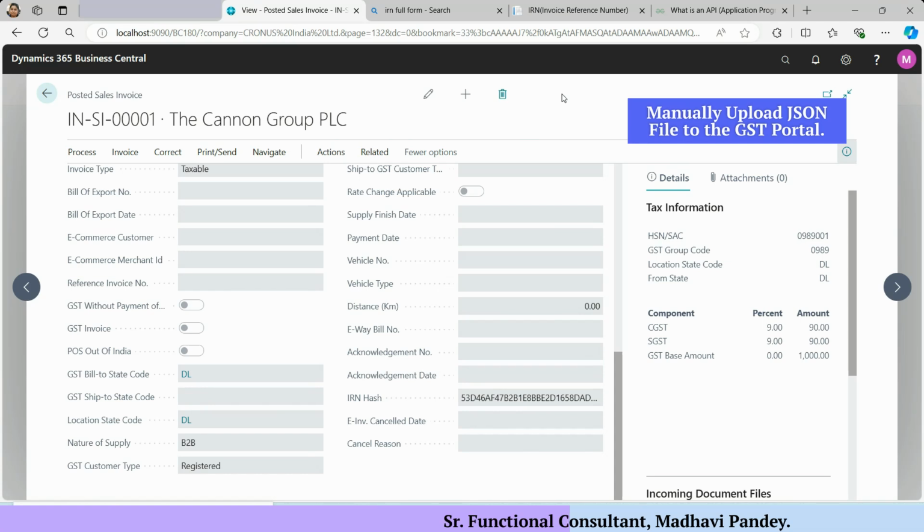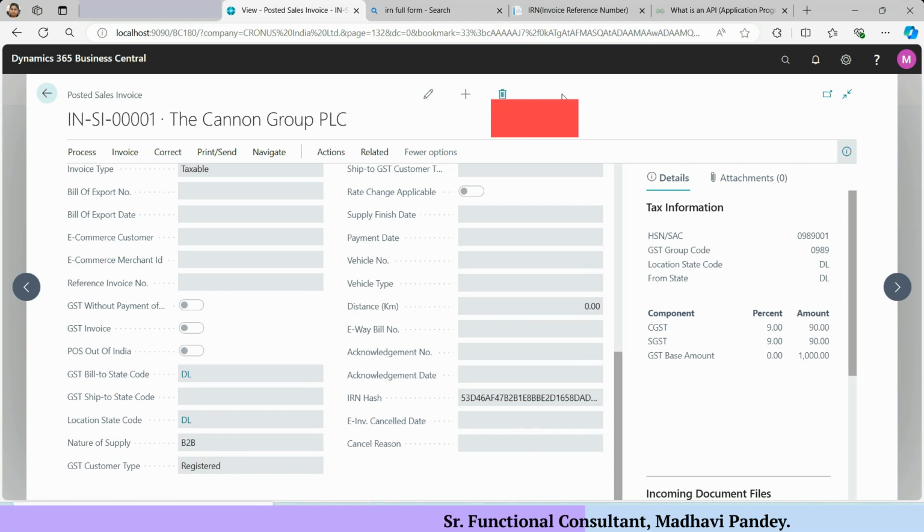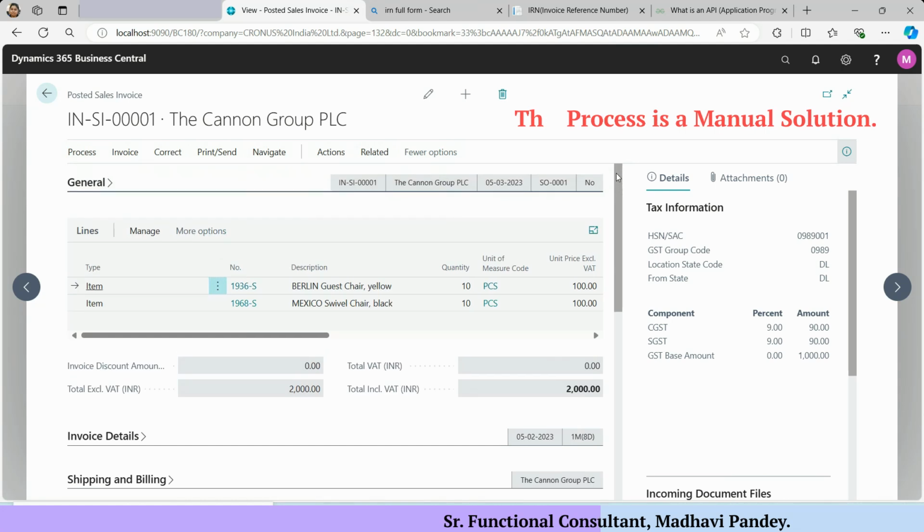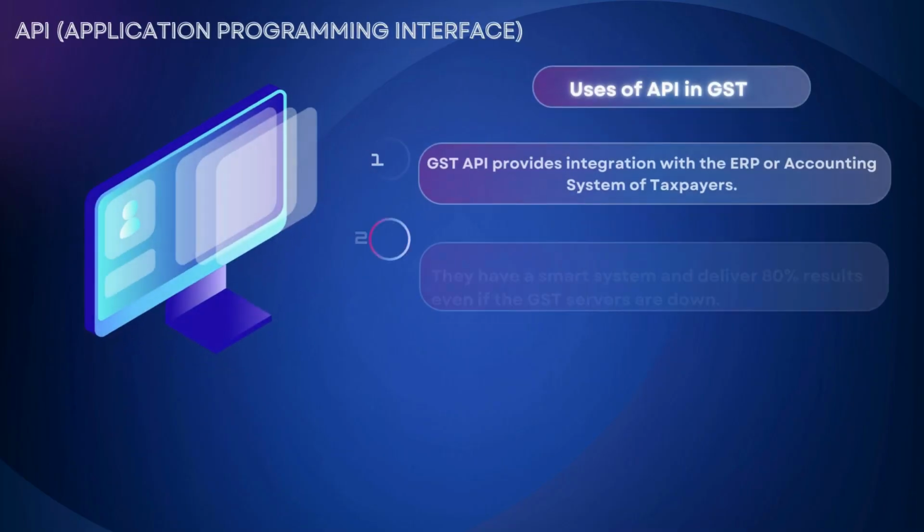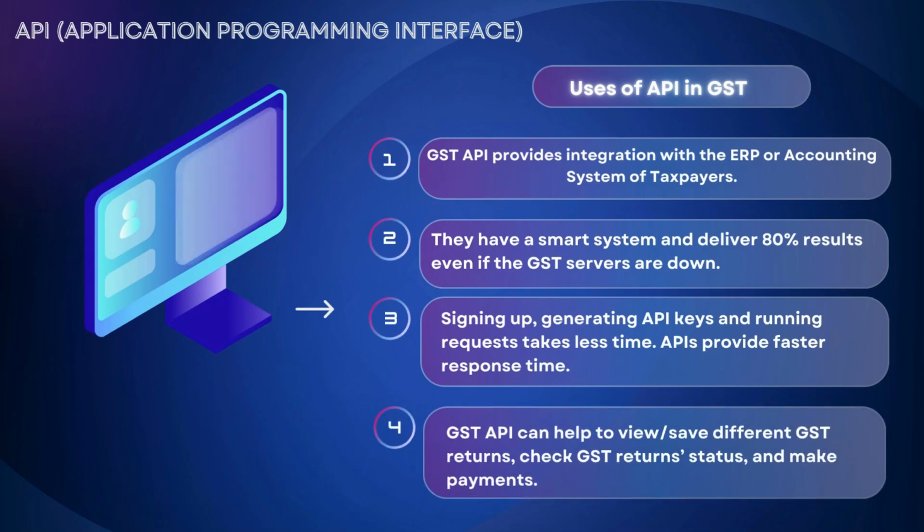Now the second point is, after creating this JSON file, the e-invoicing related file, what do we need to do? The system has this kind of inbuilt functionality for e-invoicing. After downloading the invoice in the e-invoicing format of JSON file, you can upload this file into the server of the GST portal.